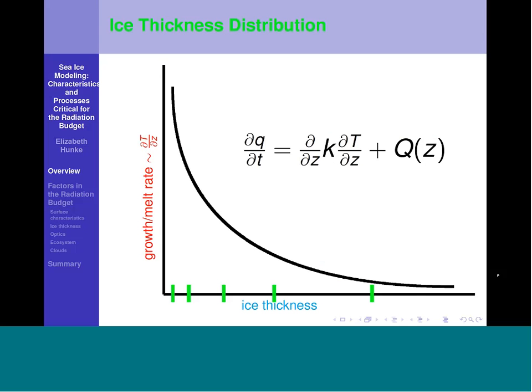Now, in global climate models, grid cells are pretty large, usually a few to around 40 kilometers on a side. So we try to capture the variation in the thermodynamic growth and melt rates by dividing the ice in each grid cell into thickness categories, or what we call an ice thickness distribution. Theoretically, this is a distribution in the mathematical sense, but in practice, we just have a few categories, typically between 5 and 20. We do have more of them in the thinner ice range to better resolve the growth rates there.